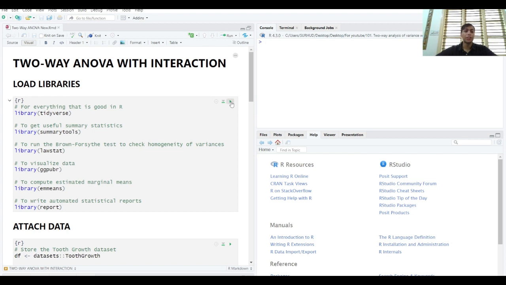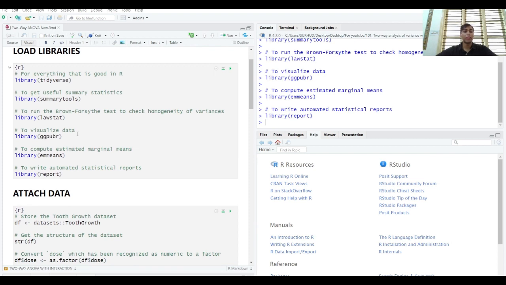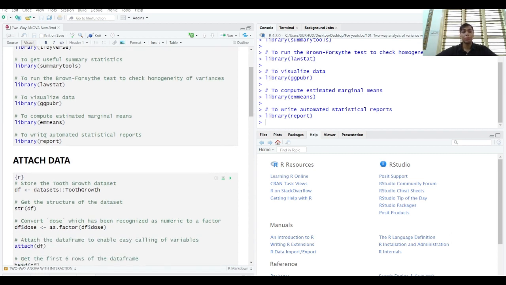The tidyverse library is an amazing library because it's a super library which contains many packages inside of it which are very useful. The summarytools library is useful to get summary statistics with minimal lines of code. The lawstat library will help us to perform an assumption test, which is the Brown-Forsythe test. The ggpubr package, or GG publication ready package, is good to get publication ready plots. The emmeans package will help us to compute estimated marginal means, and the report package is amazing to write automated